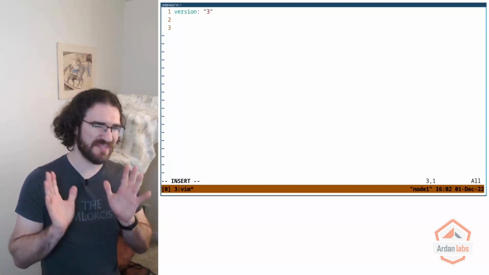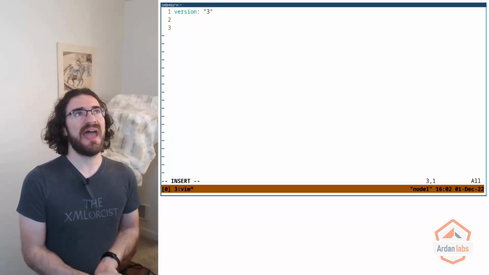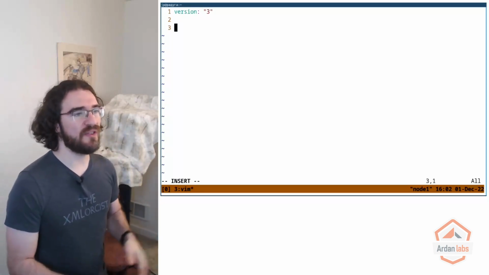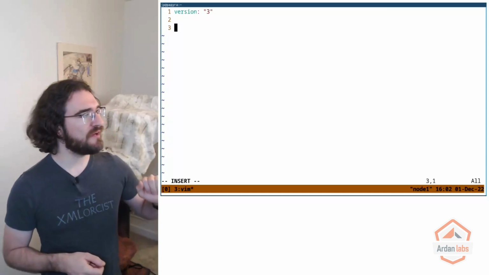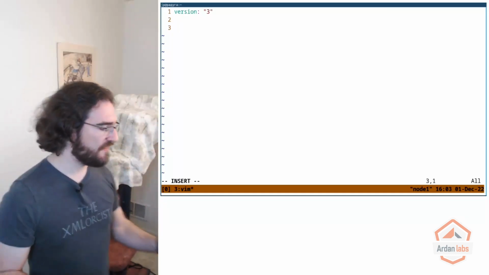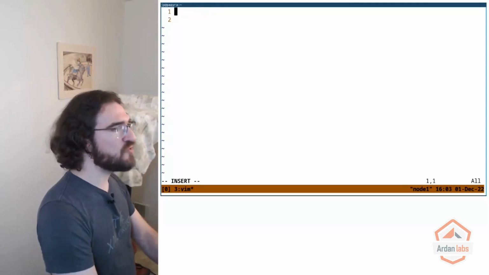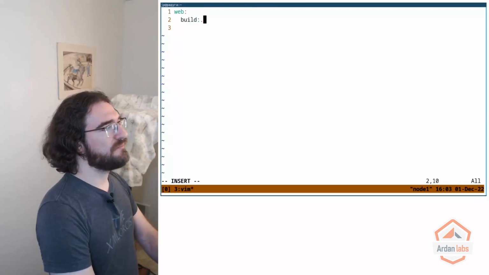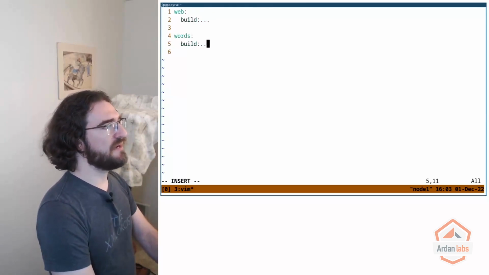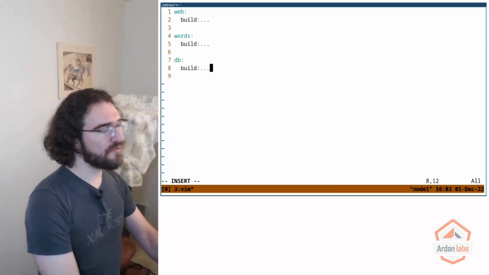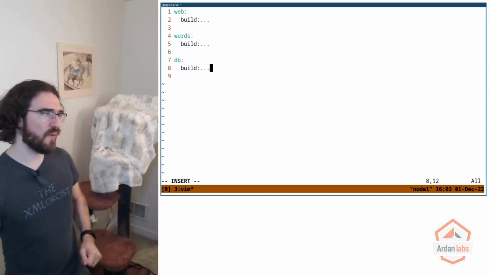It's almost the same. So what happened is that at first we had Compose version 1, and in Compose version 1, you didn't even need to put the version number. You would put directly the containers. So you would put something like web: build blah blah blah, words: maybe like build blah blah blah, and db: build whatever. That was Compose version 1. And then